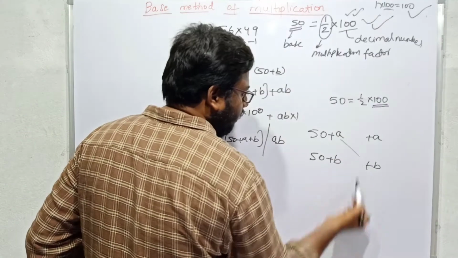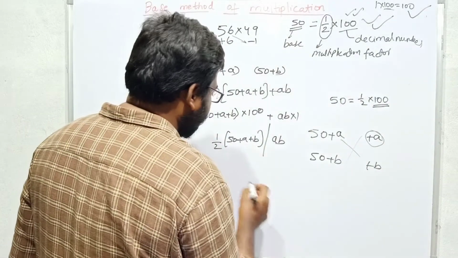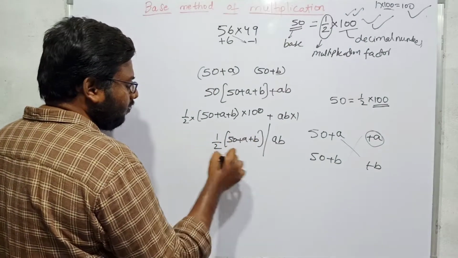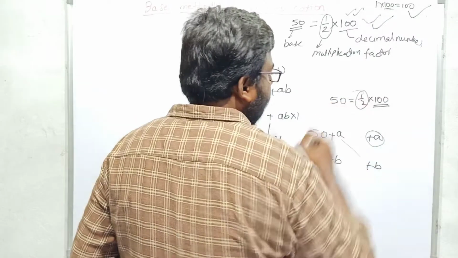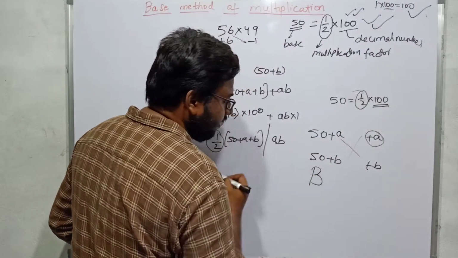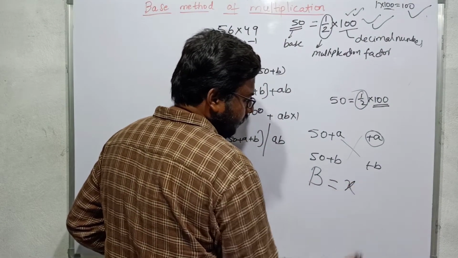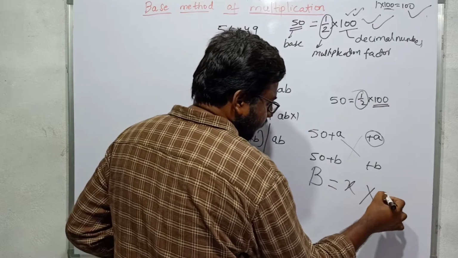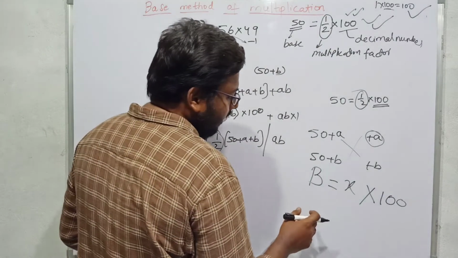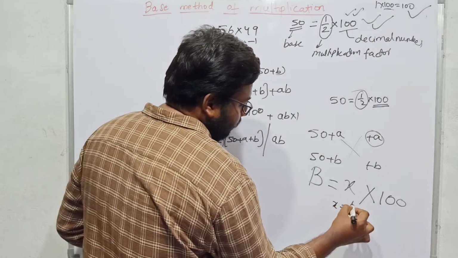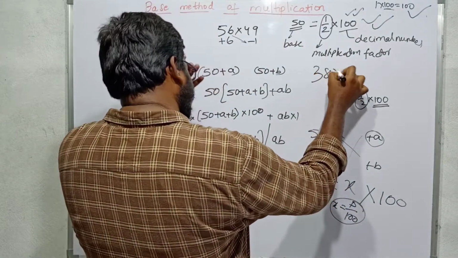I can calculate like this or I can calculate like this. Whichever is small, if I can operate with that, then my calculation will be very easy. So 50 plus a plus b, and I have to multiply this with the multiplication factor. Half is the multiplication factor here now. So if you have any base, let us take base b, and if you want to have the multiplication factor, let us take the multiplication factor as x. And if you want to have any decimal number, for example 100, 10,000 like this, if you want 100, then you can calculate the multiplication factor. Multiplication factor will be nothing but b by 100. For example, I want to calculate 38 into 42.